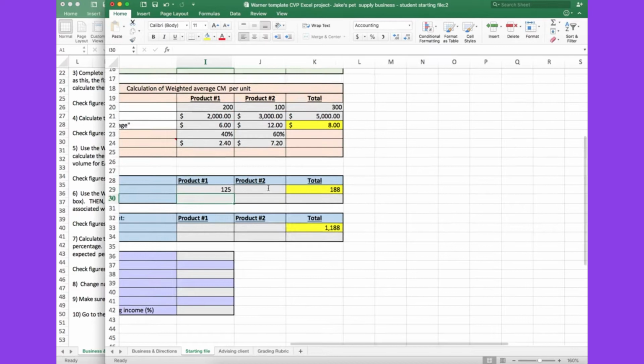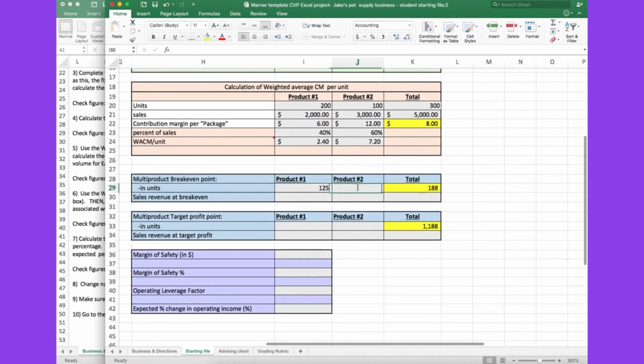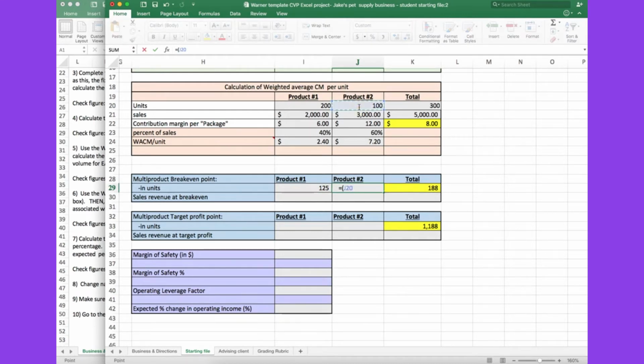That's 125 units of the first item, and likewise we have to make this one be 1/3 of the total, 188. And there we go, 63 units of the